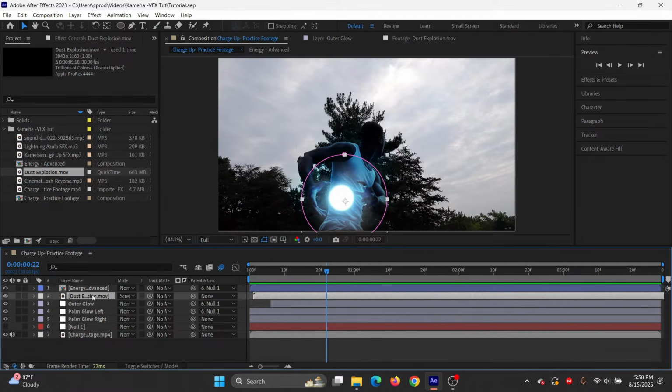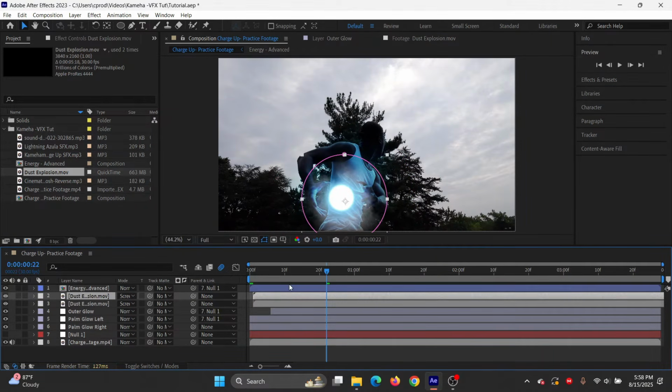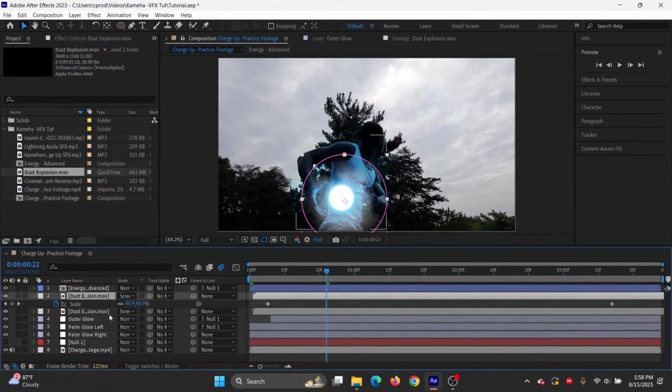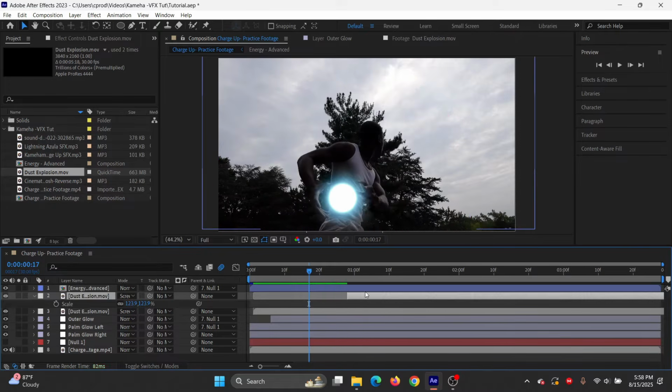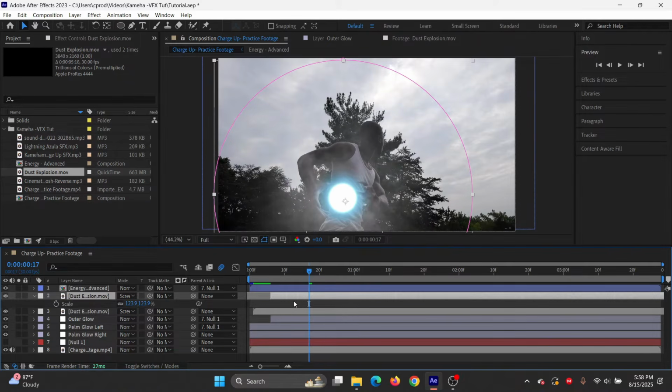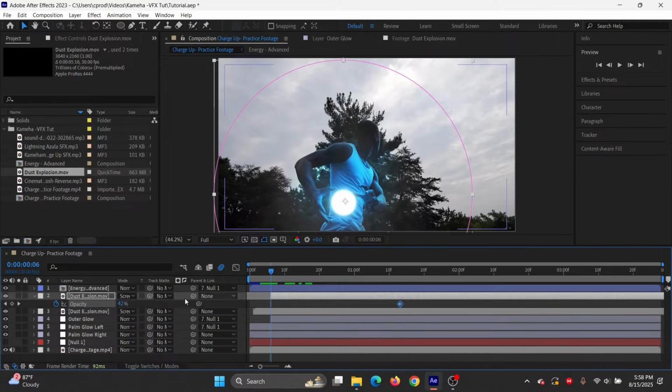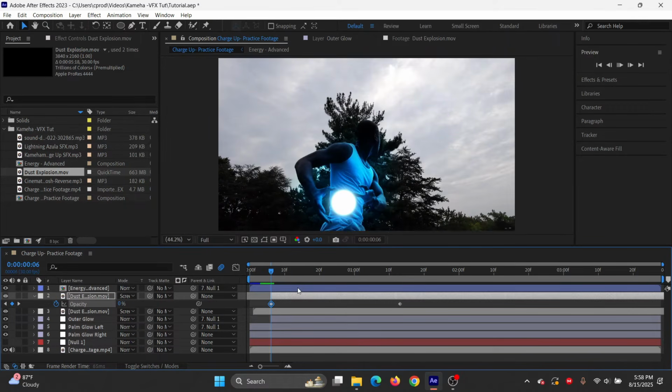Now, what we're going to do is we're going to click on the same dust again. We're going to duplicate it. And this time around, we're going to turn off the keyframe on scale, press S and turn off the keyframe on scale, and then just increase this up a bit. And all I want you to do is just crop this out a bit. Oops, hit Control Z. Let's move it over here, press T, and let's change the opacity a bit. Come back over here and reduce this to 0. So it should be like,